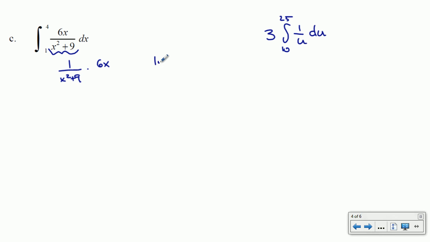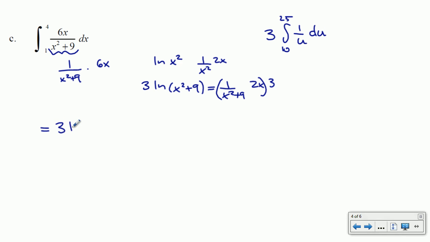So we could maybe try ln of x squared. The derivative of this would be 1 over x squared times 2x, which is kind of in the neighborhood of what we need. If we tried ln of x squared plus 9, the derivative of that would be 1 over x squared plus 9 times 2x, which is a bit closer, and if we multiplied that by 3, we'd actually have what we need. So if we multiply this by 3, and the same thing for the right side, that's what we get. So the next step with this integral is we should write 3 ln x squared plus 9